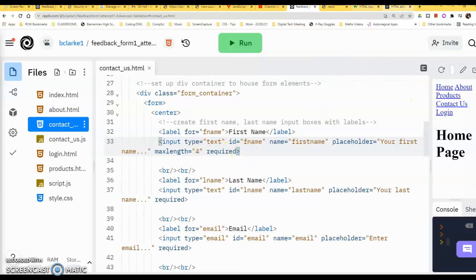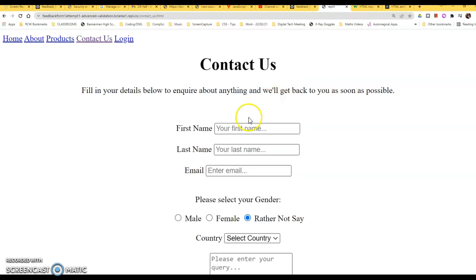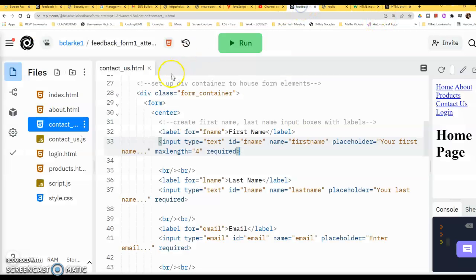Let's just demonstrate it here. This working, so I'll refresh my page here. And I have it set for the max length being 4. And you see there, I'm trying to type. It won't let me put in any more than 4 characters. So if I go back here and I change that maybe to